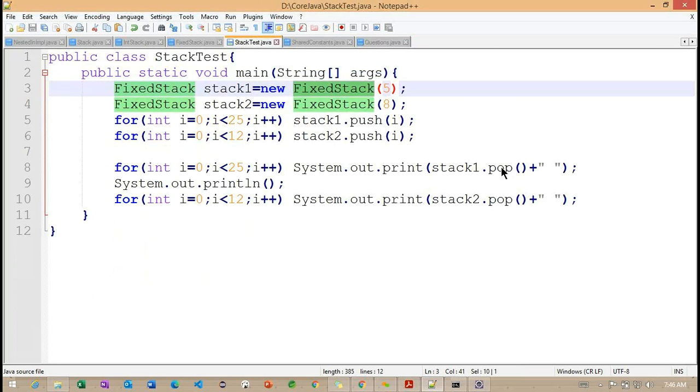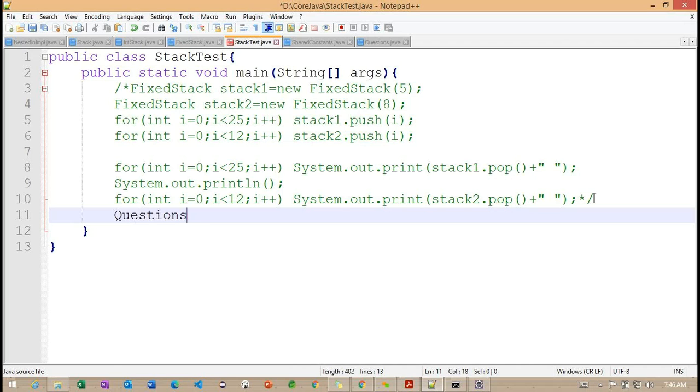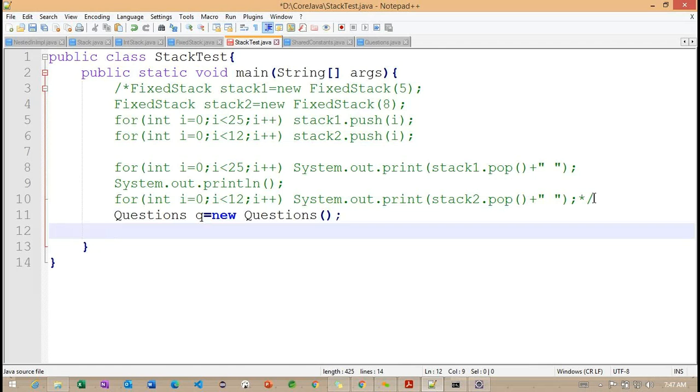I want to create an object of this particular Questions class: Questions q is equals to new Questions.